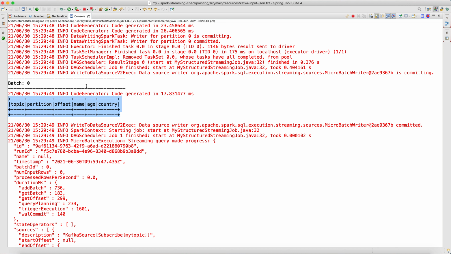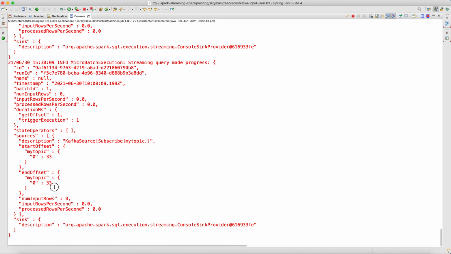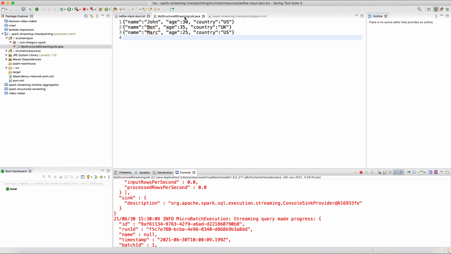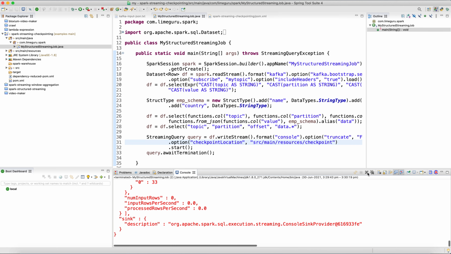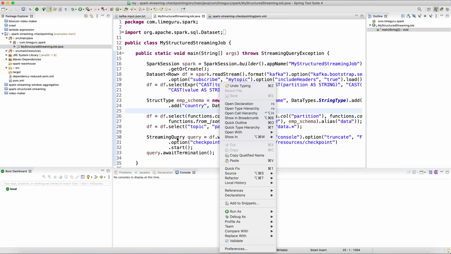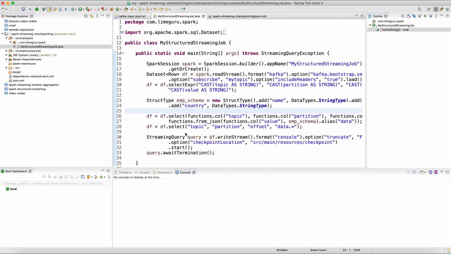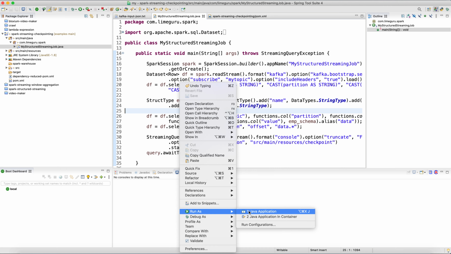Okay, so now let's see what happens when we enable the checkpointing. So you see the current count is 33. Current count is 33, and let's enable the checkpointing feature again. So let me enable the checkpointing feature. Let me restart my Spark job. Current count is 33. Do remember this. Let me start and show it again. So let me run this job.